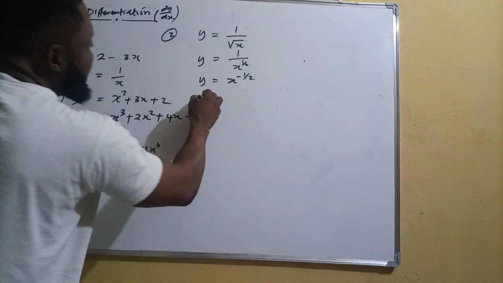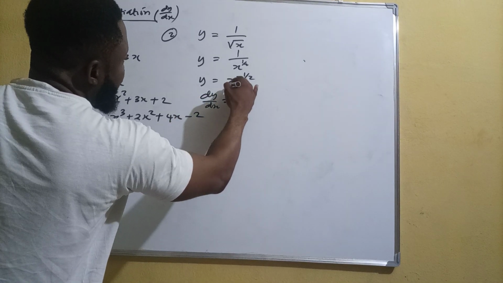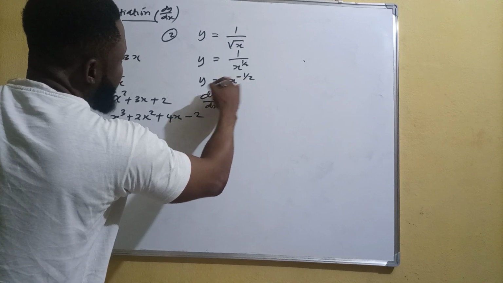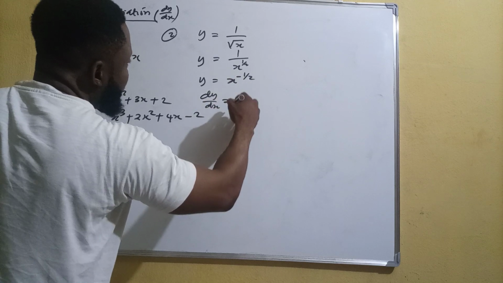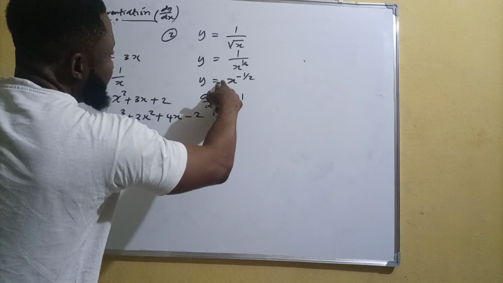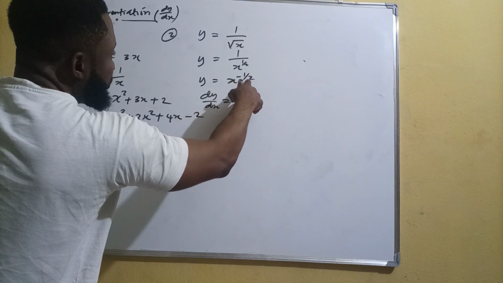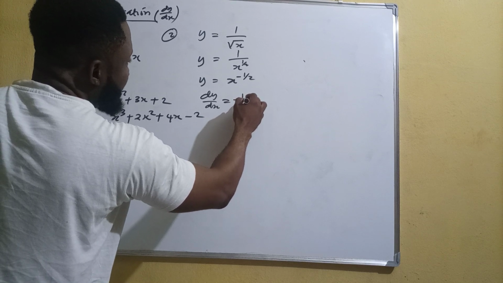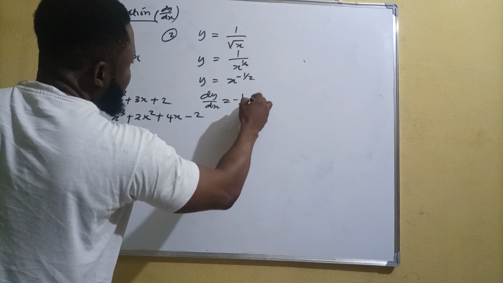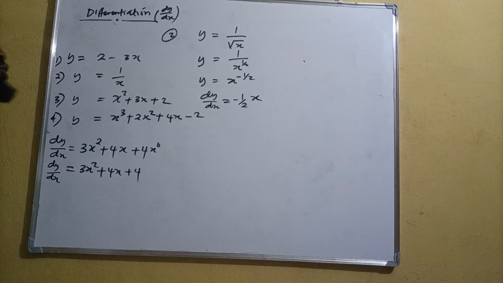So we can differentiate this now. The dy/dx of this function is going to give us, the power is minus 1 over 2, and the coefficient here is 1. So we're going to multiply minus 1 over 2 times 1. Minus 1 over 2 times 1 is going to give us minus 1 over 2 x. So when we subtract 1 from